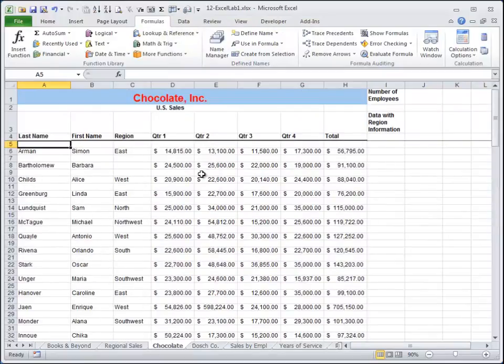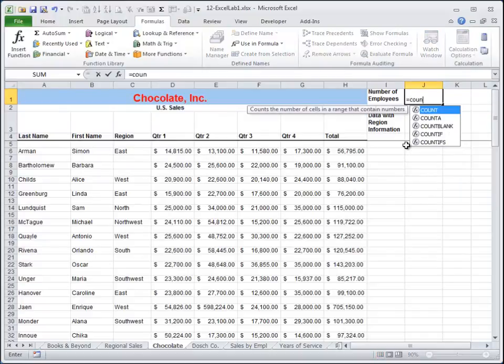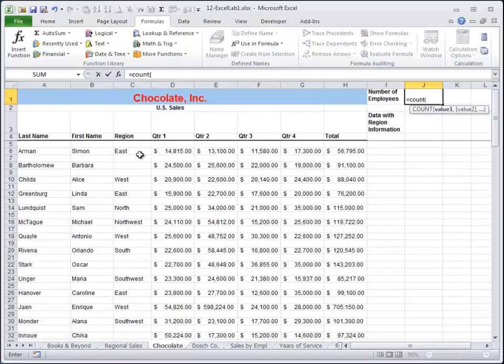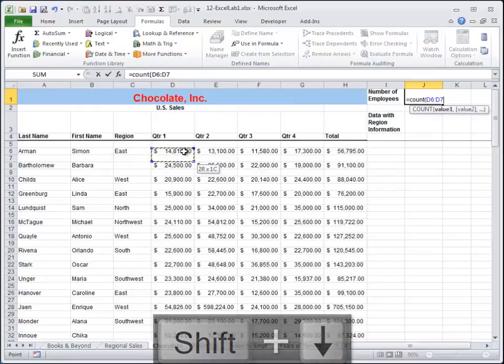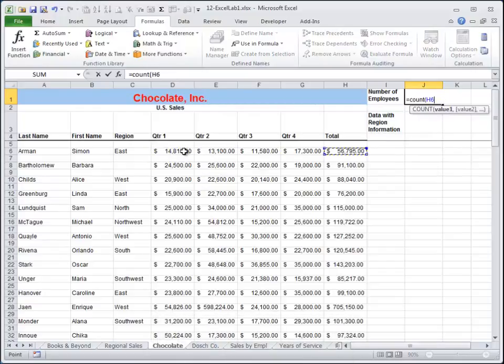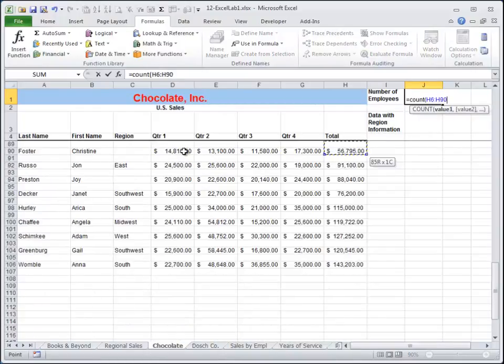And we want to know how many employees do we have, and how many employees do we have that have region information in this column. So to figure out the number of employees, I'm going to use the count function. Equals count, and it's very simple. We'll start at, let's use quarter one as an example. Actually, let's use total just in case quarter one is missing some data for someone, which I don't think it is. But we'll select the entire range of values here